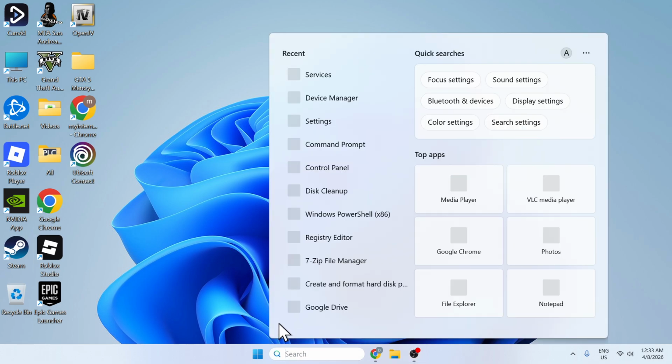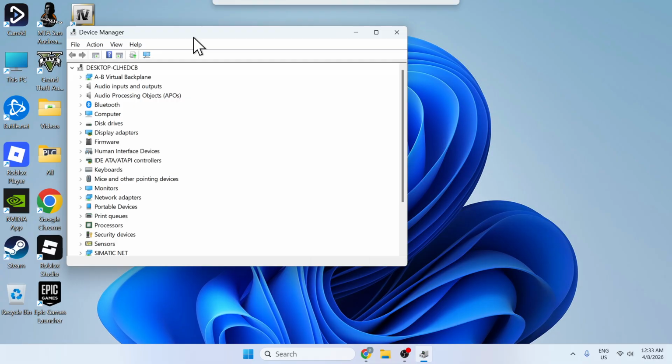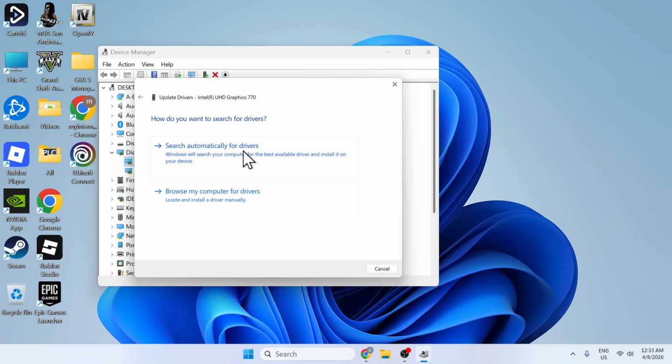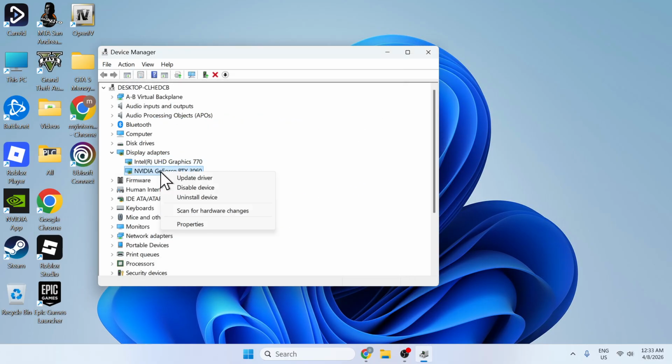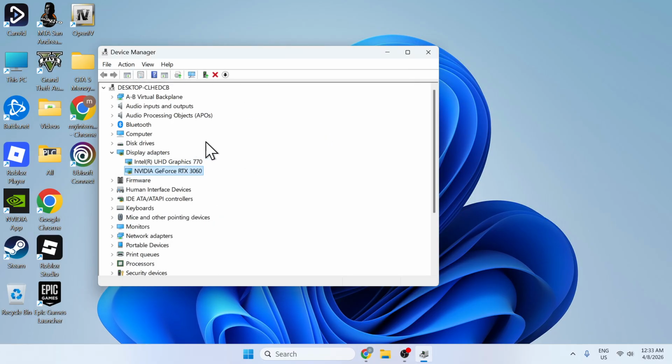So now you want to go here, type in device manager. Inside device manager, you want to go to display adapters, and here you'll see your drivers. So you right click, update driver, and then search automatically or browse. I suggest just search automatically. Do the same thing with the other driver and just update it. It's important to update the drivers for the display adapters to the latest versions so you can have no